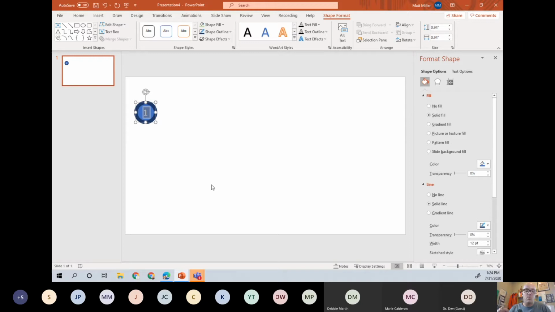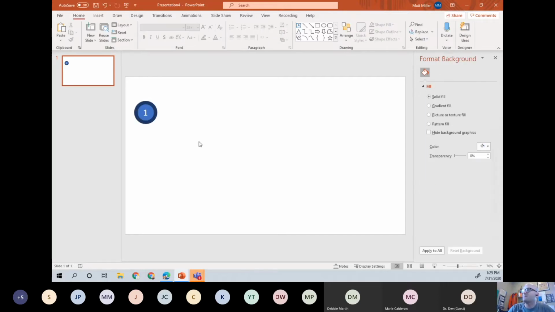So the way to remember that is if you can remember Control and Shift, if you look at your period and comma keys, look what's right above them on the keyboard. It's the greater than and less than sign, right? And so that's the way for you to remember that you make it bigger with period and comma makes it smaller. So that's an easy way to make that fit. Okay, so now we've got